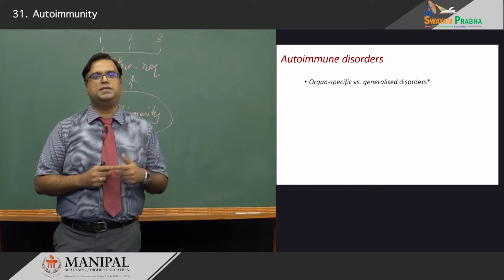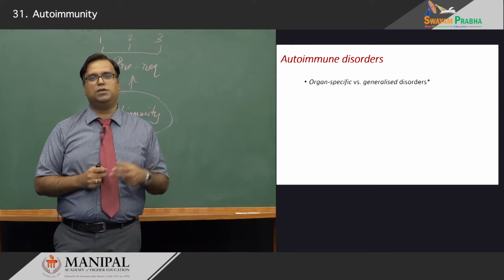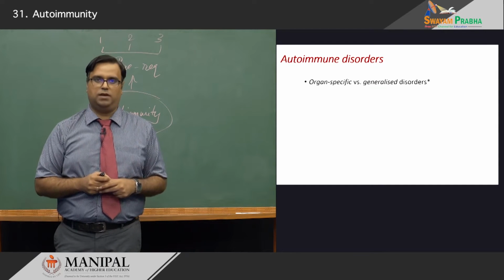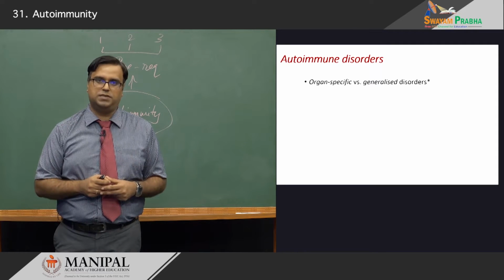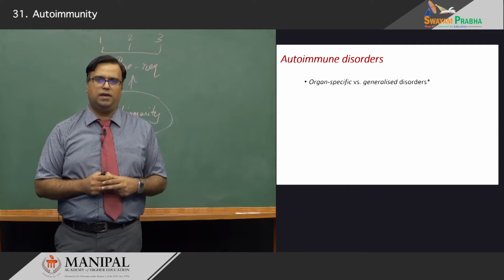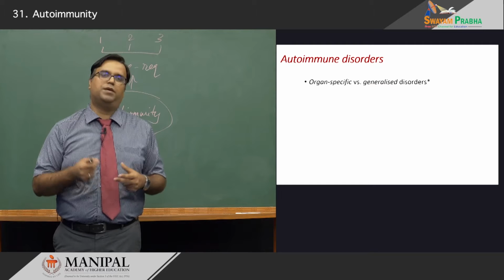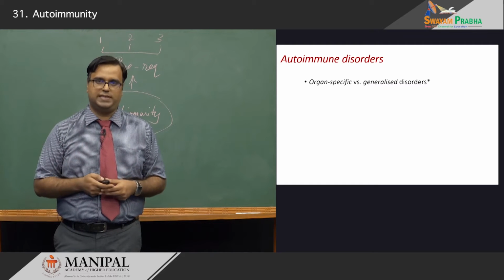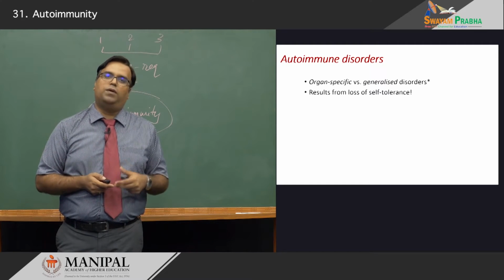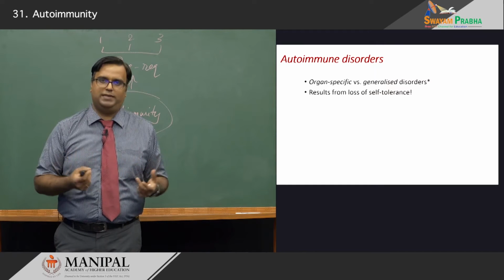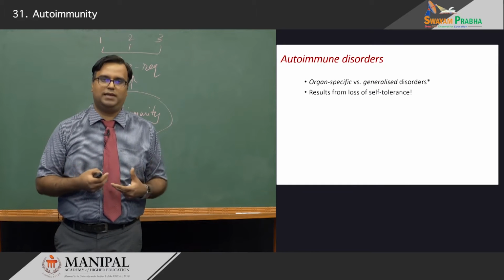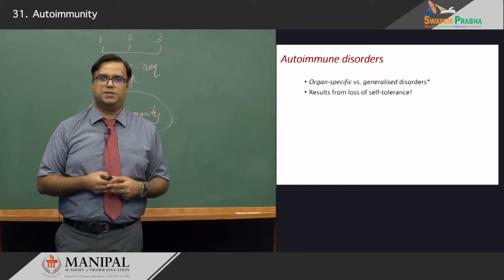You may think of multiple sclerosis, or even closer home, you have a lot of patients of lupus or systemic lupus erythematosus, which we will tackle in the ensuing classes. These are all relevant autoimmune disorders. As you can see in those examples, some of them are organ specific, some of them are generalized or multisystem, such as an SLE. Now, all of this, how do they come about? Let's try to understand them a little bit in detail. How do they manifest in a person's body?